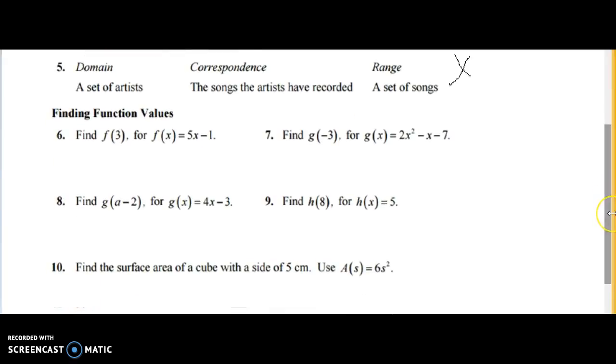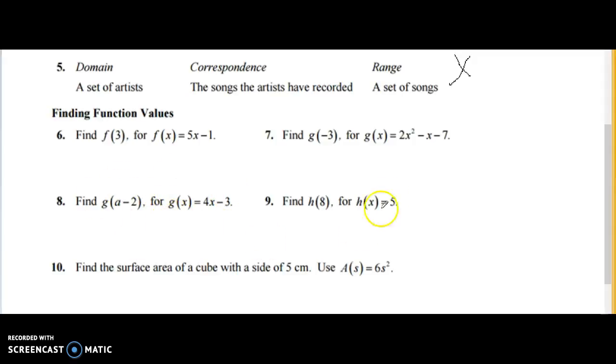Okay, so these ask you for finding the values. We're going to talk about them a little bit and move on because we have a lot to cover and I only have a few more minutes left on my recorder here. So again, this just means substitute 3 in place of x, so 5 times 3 minus 1. Same thing here, you're going to substitute negative 3 for x, so 3 times negative 3 squared minus negative 3, so be careful there with your signs, that becomes a plus. This one, a minus 2 gets substituted in, so 4 times a minus 2 minus 3,